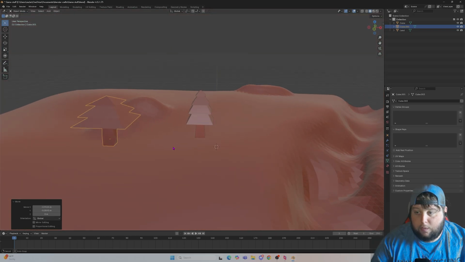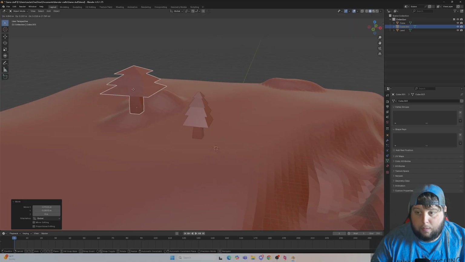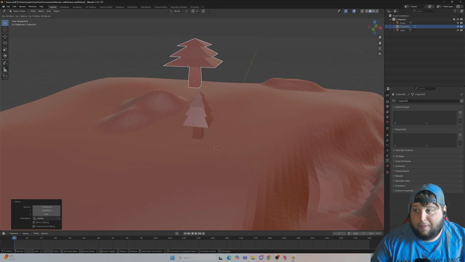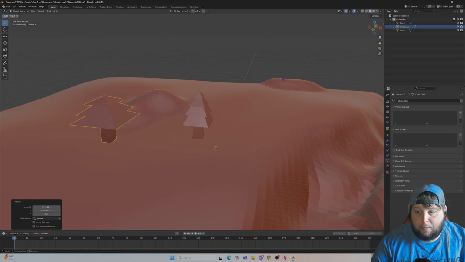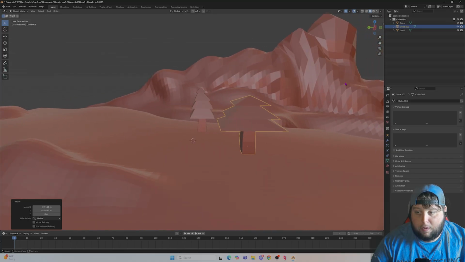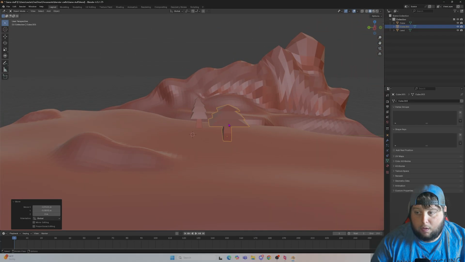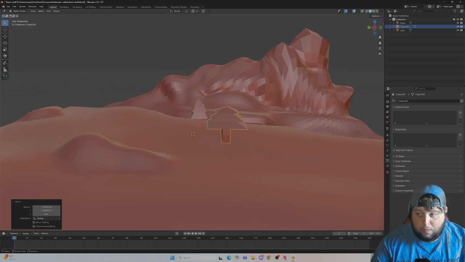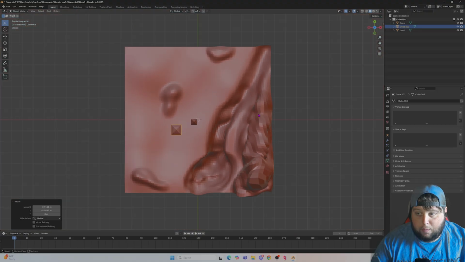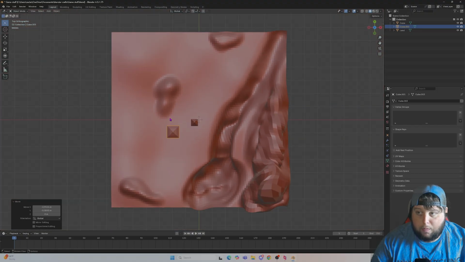Floating trees. Yes. How do I get over there? Okay, hold on. Stop. Let go. You can move on the plane of where you're looking at. So you can either move it left or right, or I would just hit this Z so that you're top down. Figure out where you want it